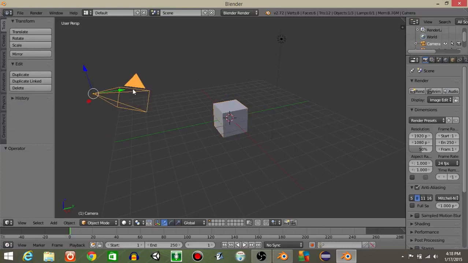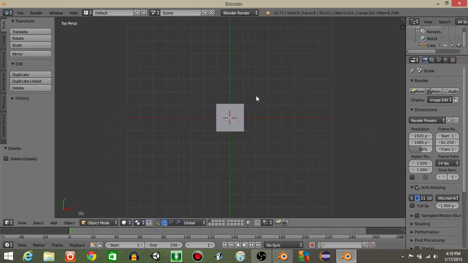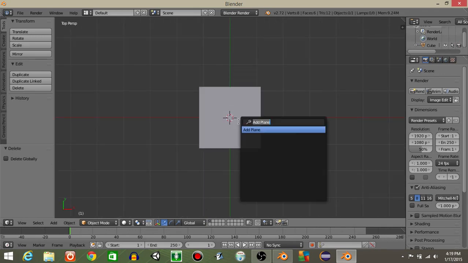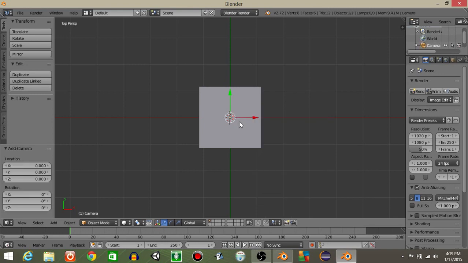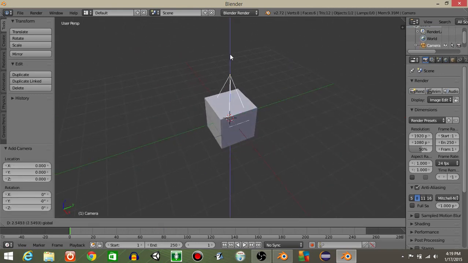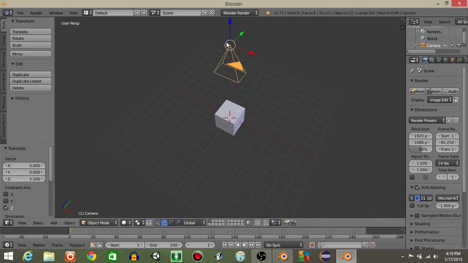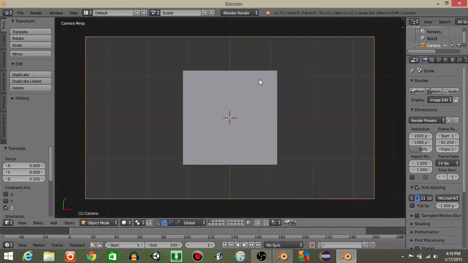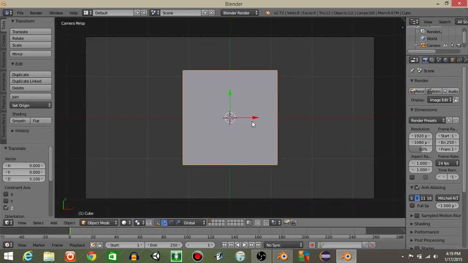To start off, let's right click on this camera and hit X delete, and then right click on this light and hit X delete. I'm then going to hit 7 to go in the top view and do spacebar and then add camera. I'll drag it up just like this. Alright. Hit 0 to go into our camera view, and let's right click on our cube and drag it off